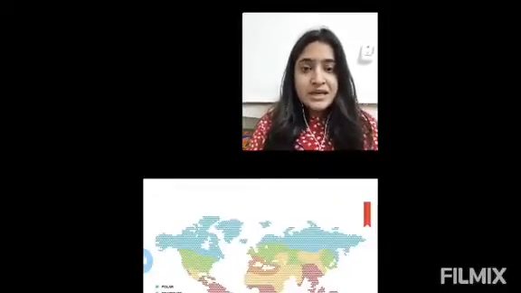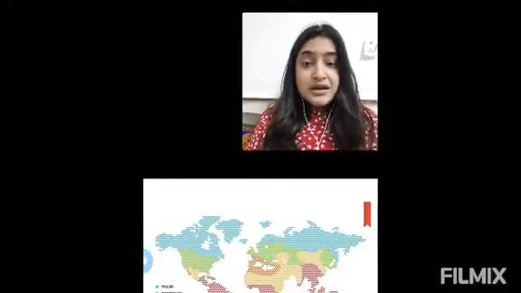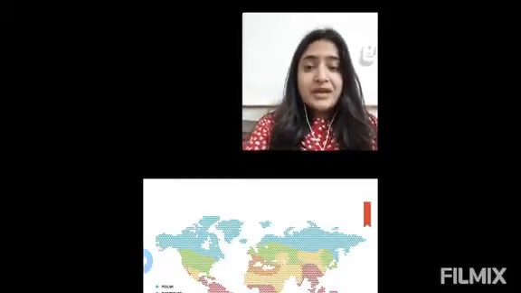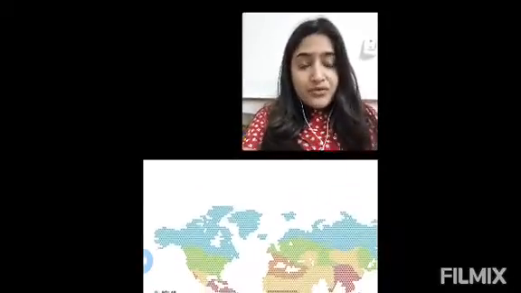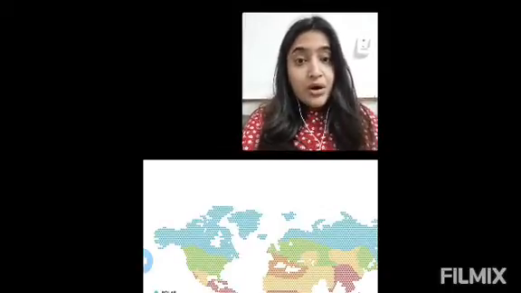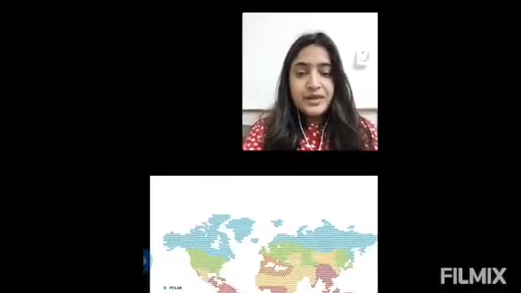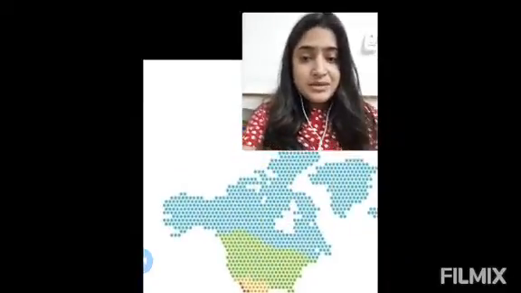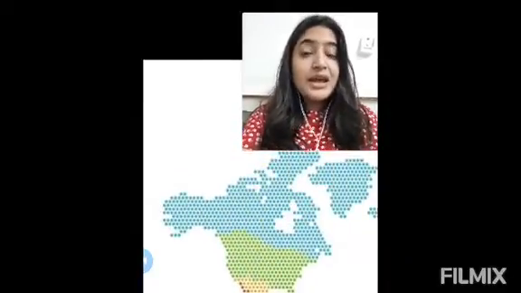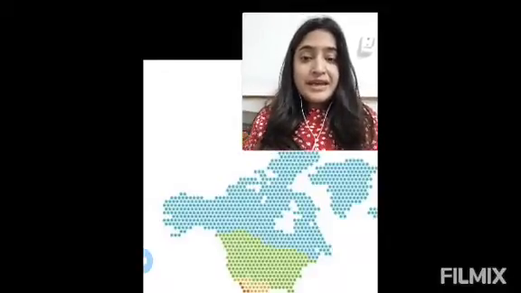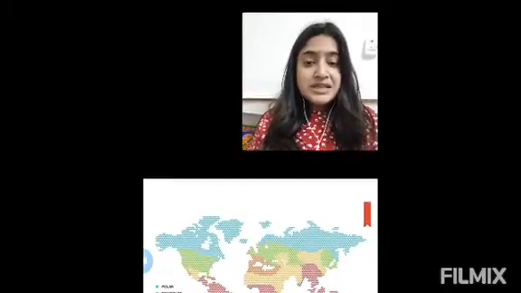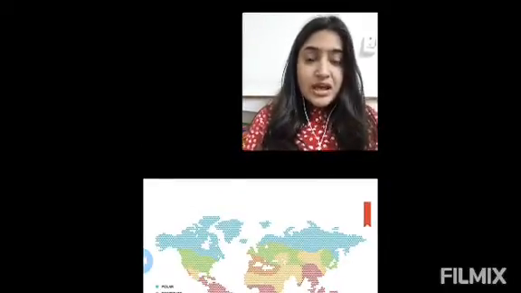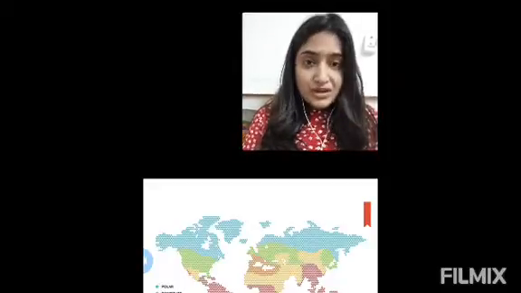Now next comes a climatic map, right? So this shows the climate of a particular region, particular area, or for the entire earth or the entire globe as well, right? Now let's see. Here we have some keys. You can see on this side there are some blue, green, yellow, red and orange keys. The blue color indicates polar regions. The green color indicates temperate regions. So this indicates the climate of that particular region, and it also shows the level of rainfall. Okay.